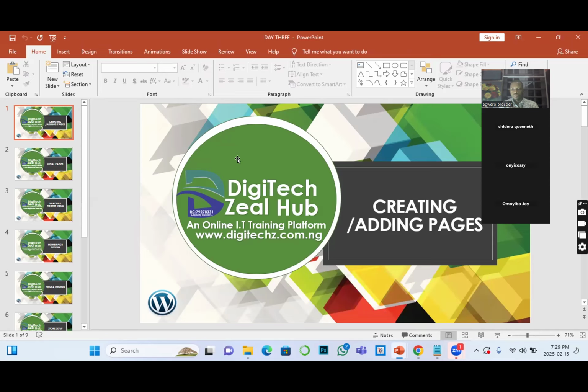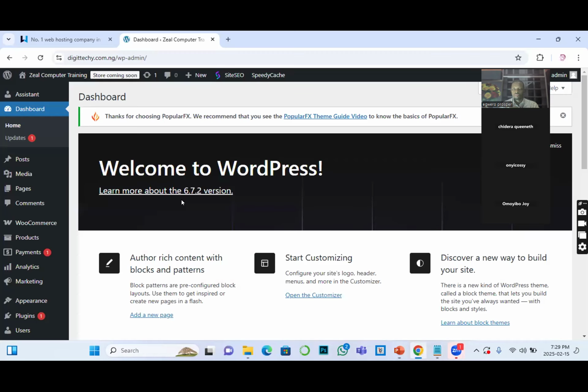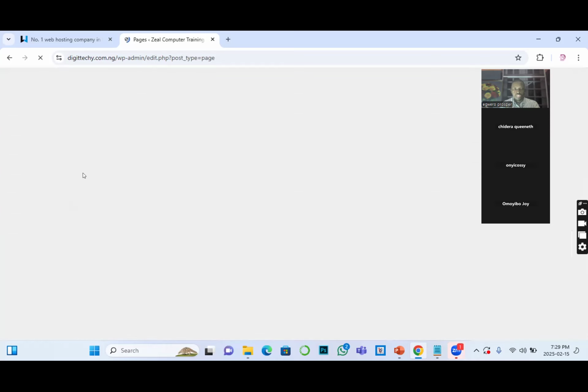how to add pages. But before that, we started with how to check pages that came with the installation of the theme and the templates, which I said you go to page, then from there you select all pages that we review all the current pages. And then after that, we are able to learn how to delete